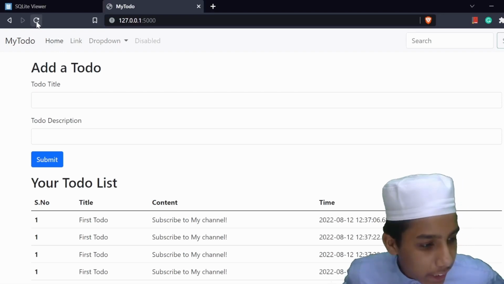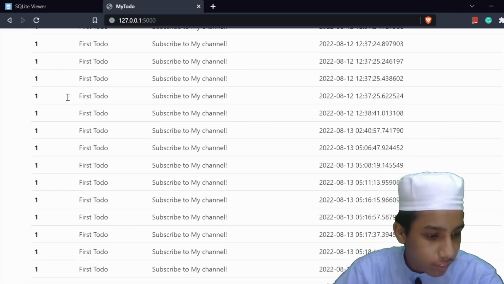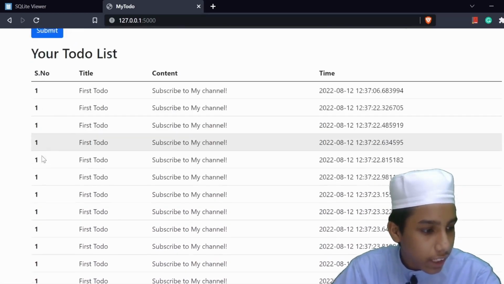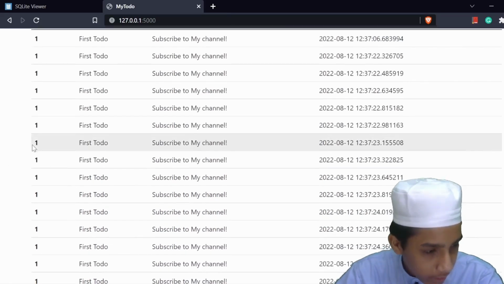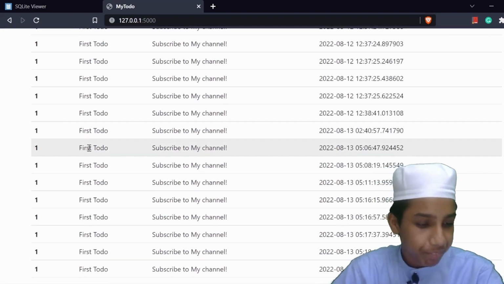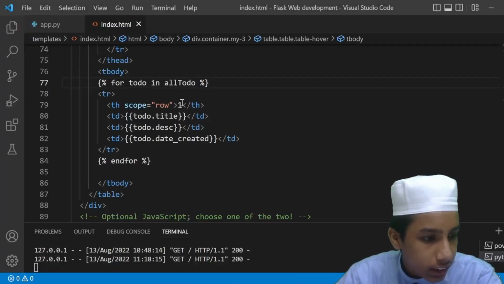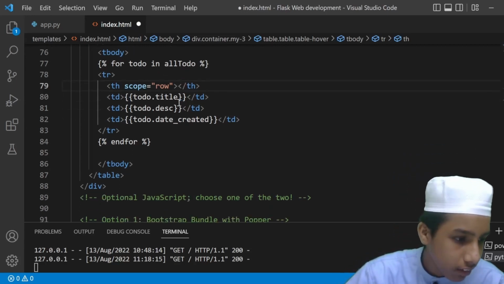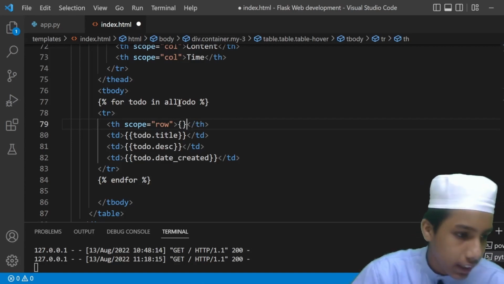So now, as you can see here, we are getting all of these stuff here. We are getting like 1 1 1 1 1. I am getting all of this stuff, but I want these like 1 2 3 4 5 6 7 8. I want to get something like this. So for that I am going to open this VS Code, and here instead of this one, let's give here something like